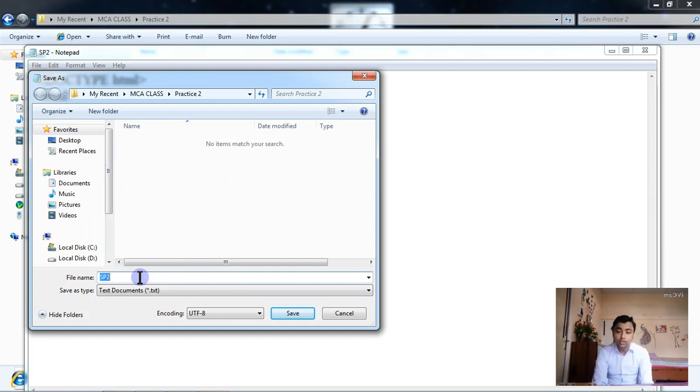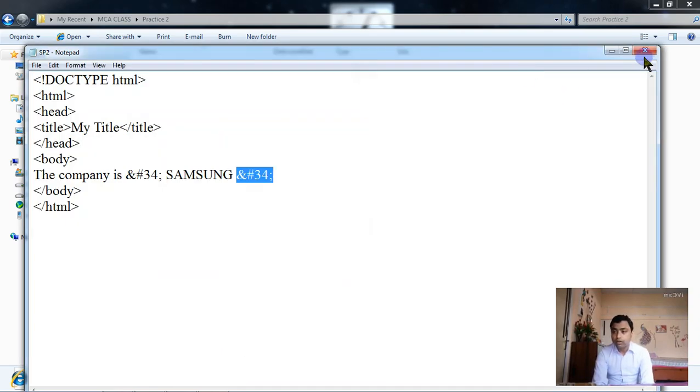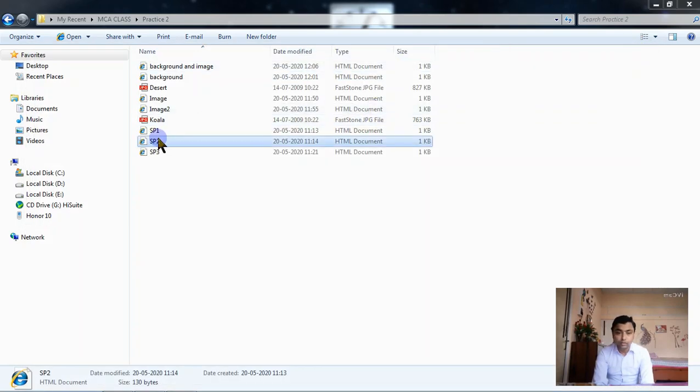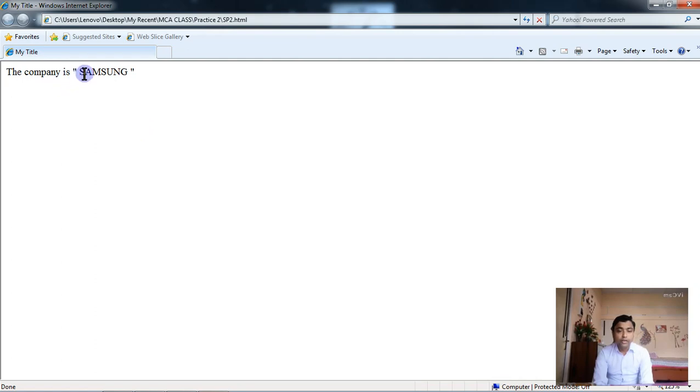Remember you have to save it as an .html file, or you can give the name according to your own wish. Since I have already saved it, now let me run it. The company is Samsung. As you can see, this is the quotation mark which has been automatically created instead of that particular code.